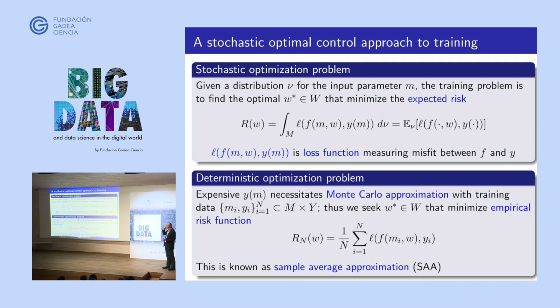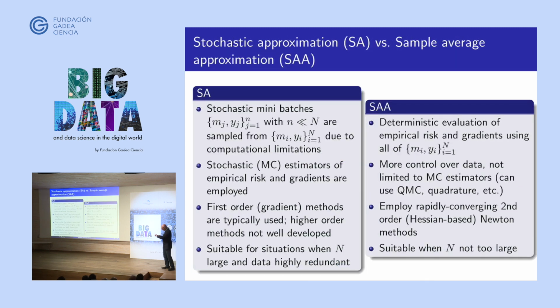I have a few slides at the end about some ideas on how to bring in more information, but I probably won't be able to get to them. But the standard thing to do is to replace the integral with the Monte Carlo approximation. And so we can think of these Monte Carlo points as training points. We're trying to minimize this empirical risk function. But rather than do stochastic approximations, like stochastic gradient descent, which is very popular in machine learning, we're going to use a sample average approximation. In other words, solve this problem using a Newton-type method. And so, some comparisons between these two.